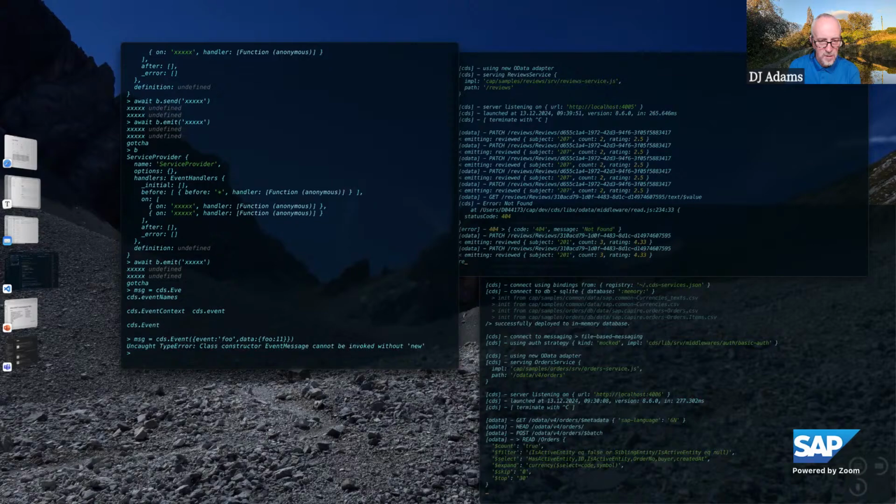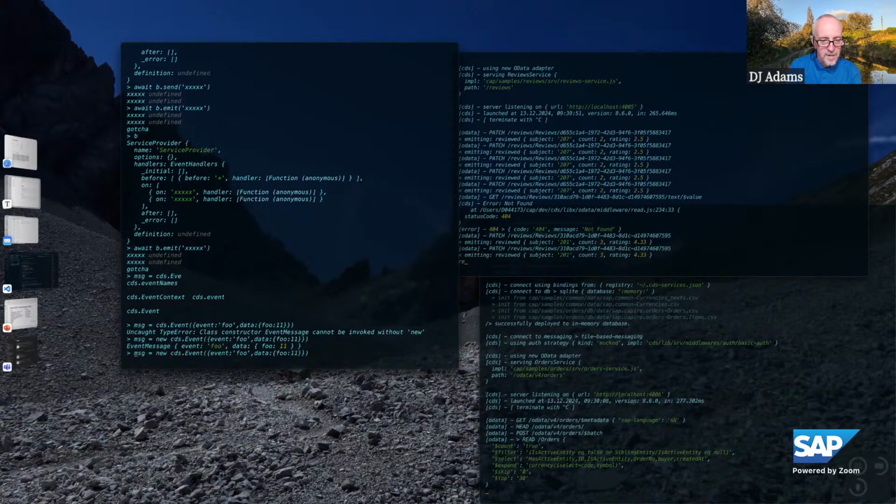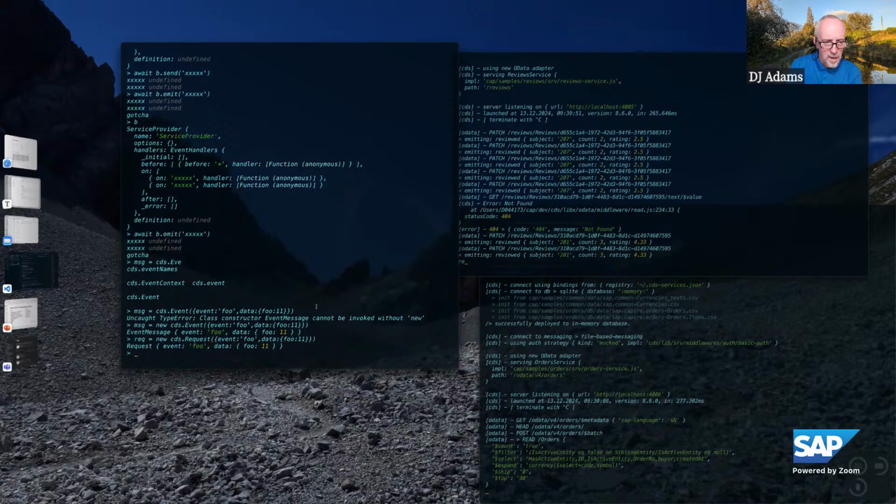And compare it with a request of the same kind. Looks pretty much the same, but this has a class event message and this has a class event.